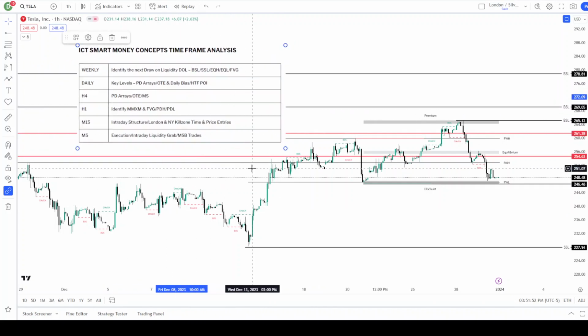But we could say within this deal, market maker buy and sell models can happen on all kinds of time frames. They're fractal. You'll see multiple market maker buy or sell models inside of a daily candle. They are all over the place. And basically what you're looking for is